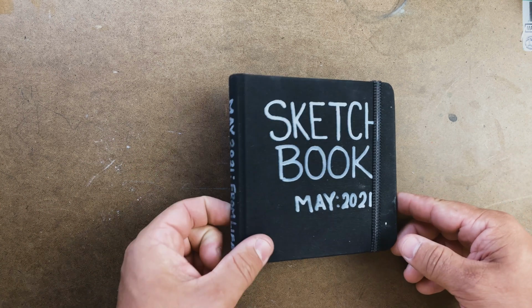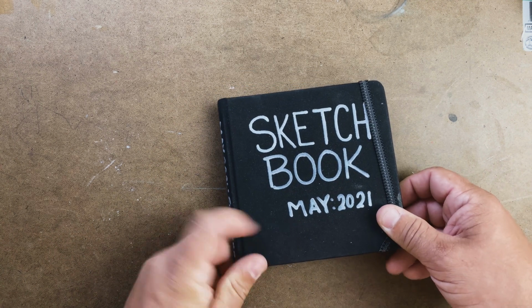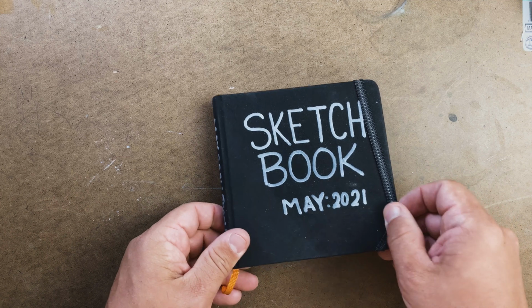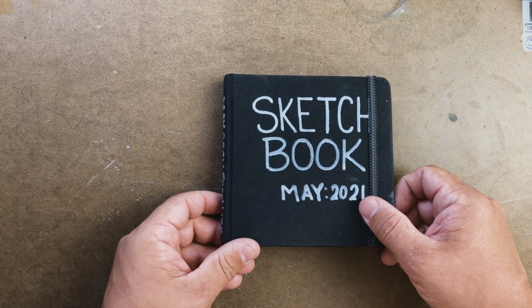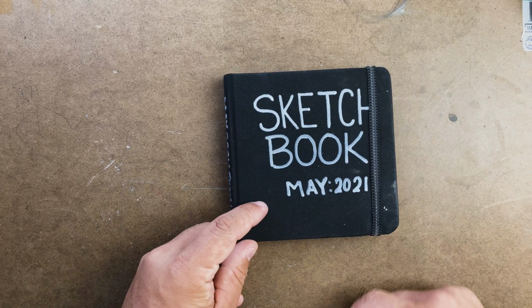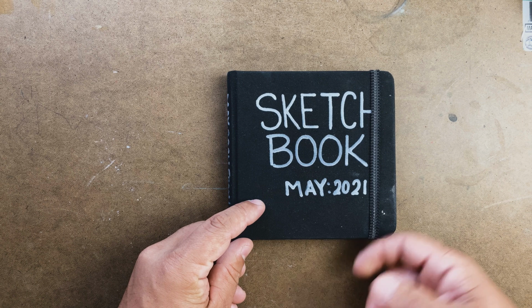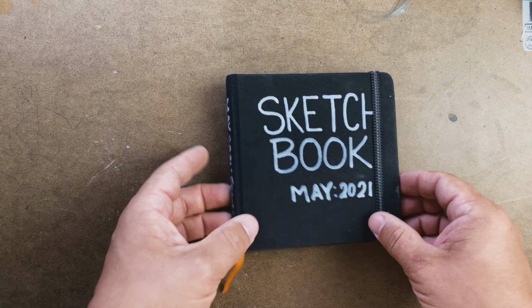This is going to be the third sketchbook in my sketchbook challenge. This will be for the month of May. And this one was over drawing from observation, or drawing from life. And this one, I gotta say, was a little bit harder. Well, actually, probably the hardest sketchbook I've ever done because